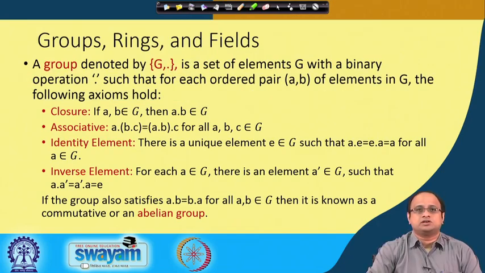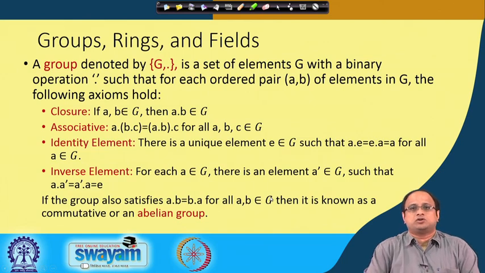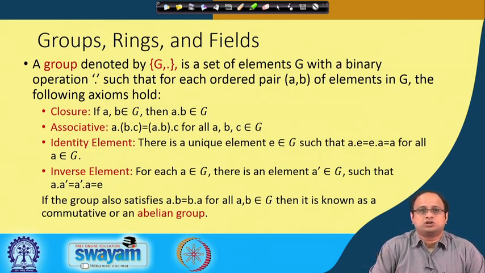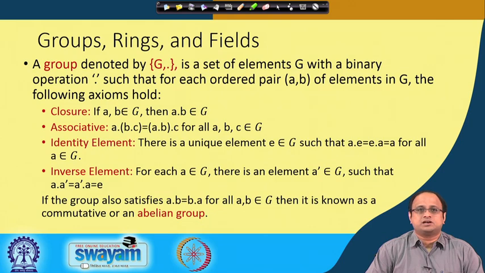So, to start with, here is a quick recap on mathematical groups. As we know, mathematical groups are defined by a binary operator, say denoted as dot, such that if I take any two elements A and B which belong to G, then the following axioms hold. The first is closure, that means if I take two elements A and B in G, apply the operator, then the result is also in the group. It is associative, which means I can do either A dot B dot C, where I do B dot C first, or A dot B first, and the results are the same. So, you can do it in any way.